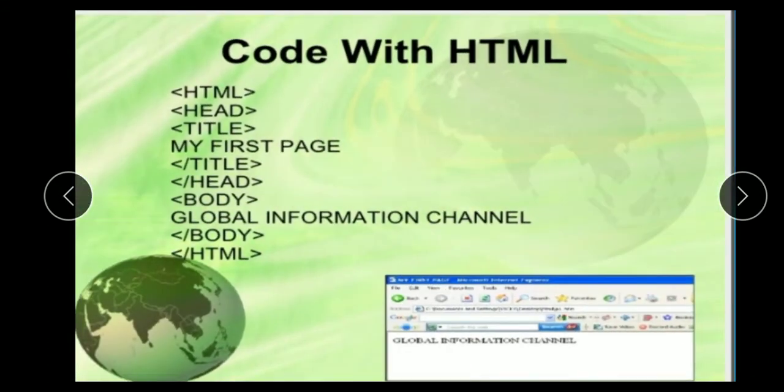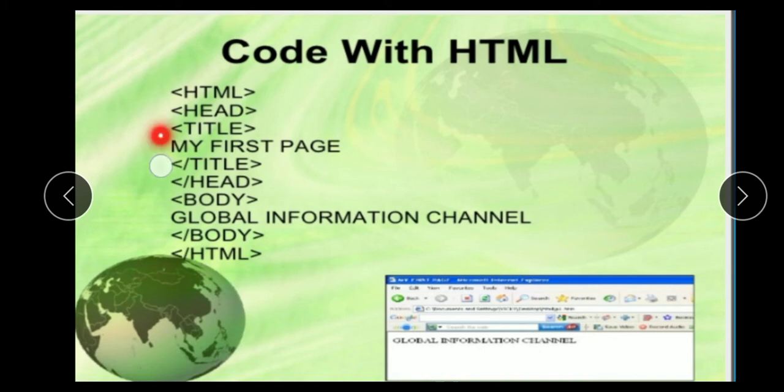Here again, let us understand the code with HTML. Every time you start writing HTML code, first use the start HTML tag, then the head tag, and within the head tag you write title.